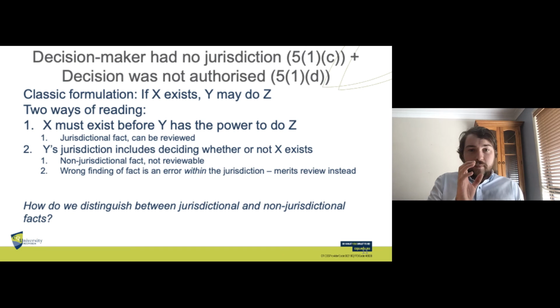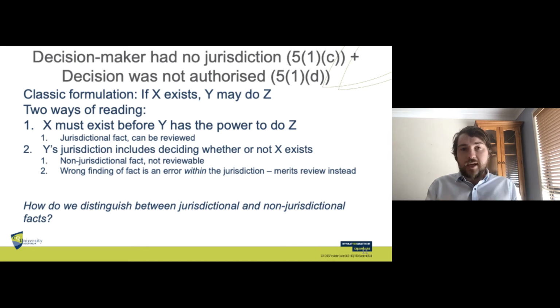And so the difference between the two is that if the power relies on a jurisdictional fact, then an error in fact finding, so finding that the dog is dangerous when it's not, is an error of law and can be reviewed under judicial review. So if we're going under the first category, jurisdictional fact, if we can prove that the dog's not dangerous, we can get judicial review to say, well, this dog isn't dangerous, therefore the director of animal control had no authority to make that decision, to put in the control order.